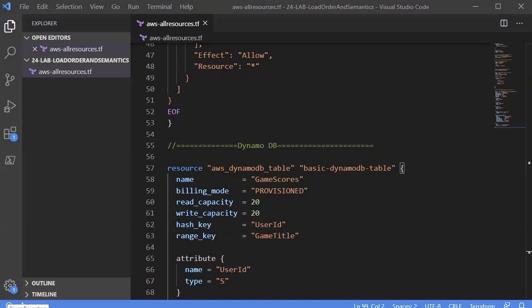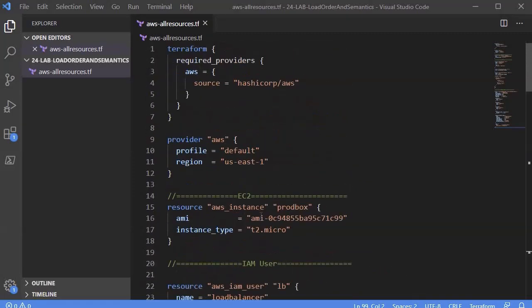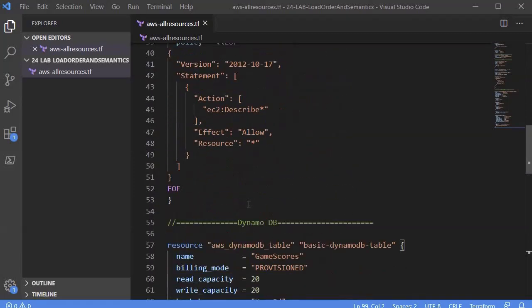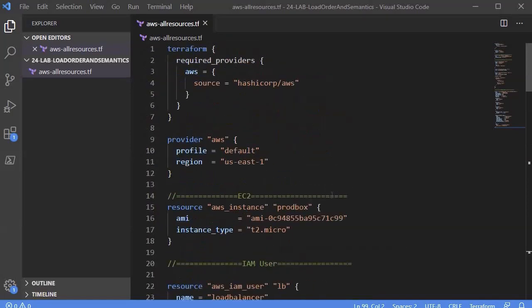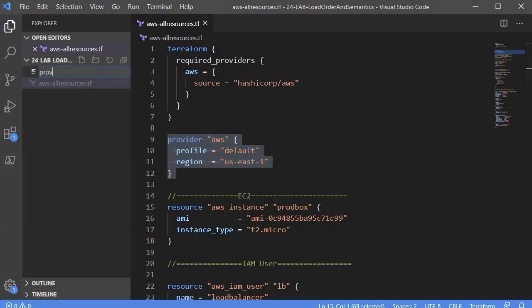AWS. But when you are writing the program within the production environment, and if you keep your program within a single file, then it becomes very cluttered and very difficult to manage because this file is spread across your project team. So what is the best practice to manage it? The best practice is that we have to put a separate file for each of the blocks. For example, if you have a provider block, you can copy this one, come over here and create a